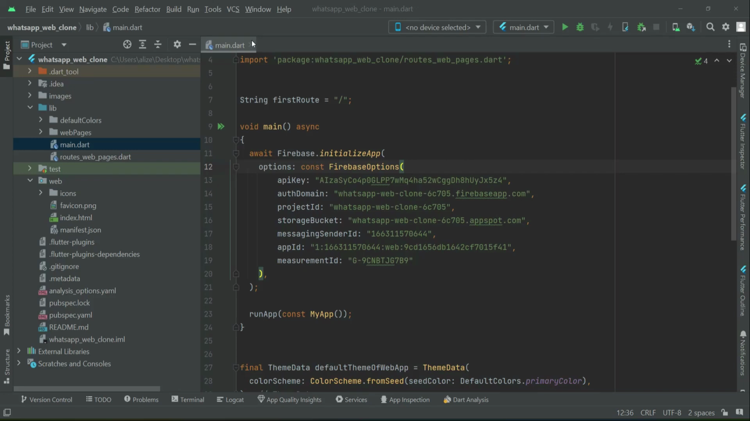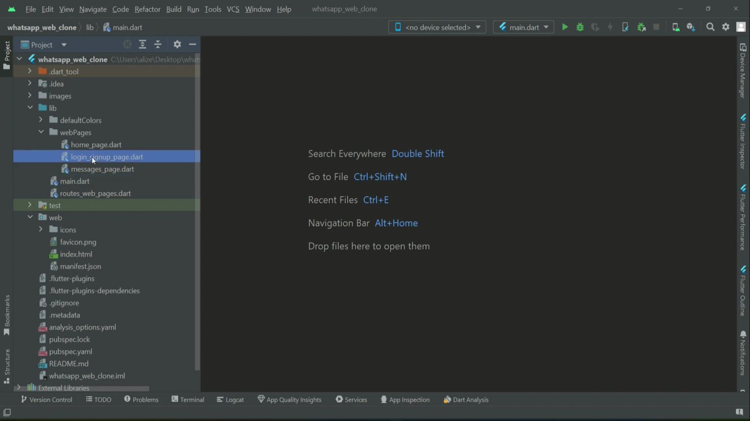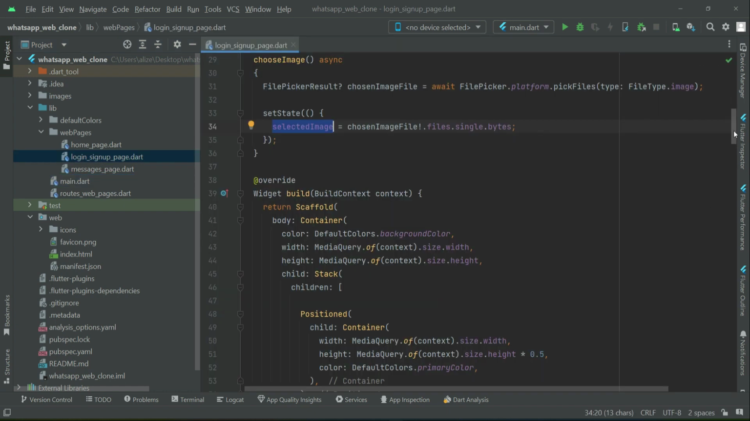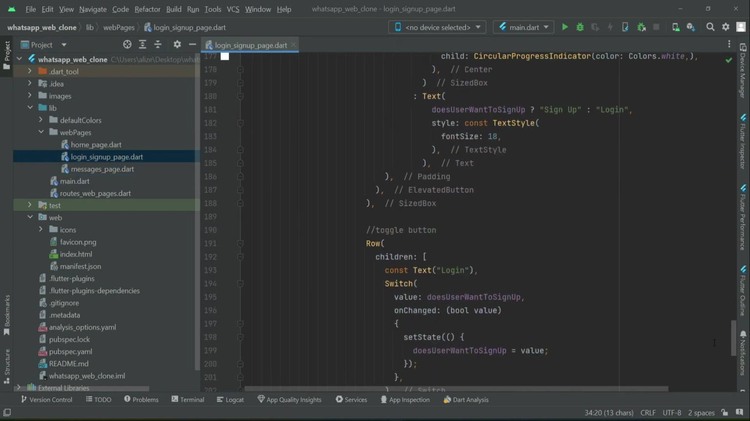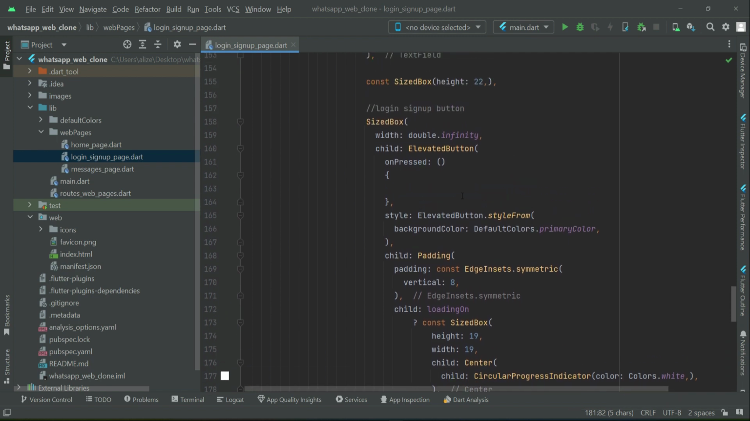So now let's implement the login registration feature. For that purpose, we will go back to our login sign up page, and when the user clicks on the button, which will be either a sign up button or login button, depending upon what the user wants to do. So on the onPressed, we will call the method that is sign up and